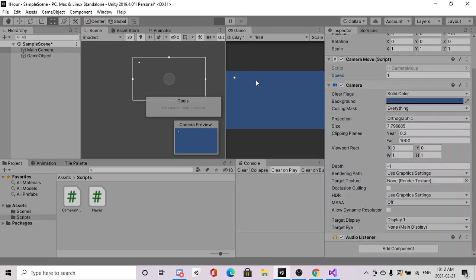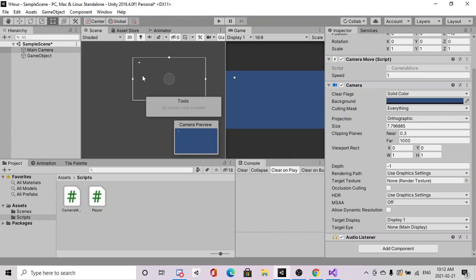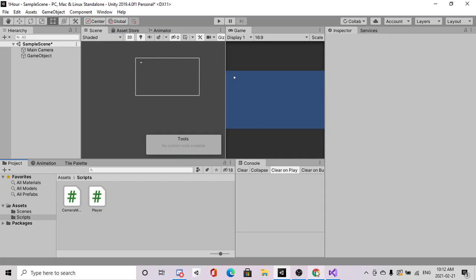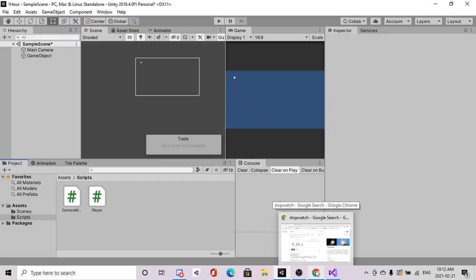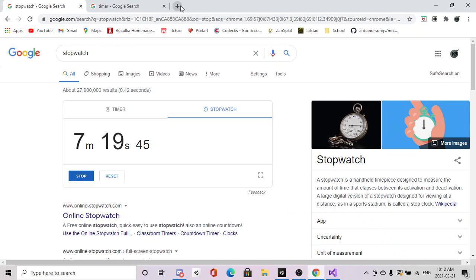I forgot to say I am making this game. Yep, the camera's moving. See on the scene. It's kind of like a mobile game, and the mouse or the finger position controls where the player will be, and it will go forward at a constant speed that will get faster and faster as you get more points, and that's how we'll get more and more stuff. So I'm gonna open up